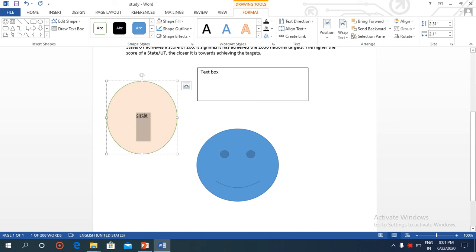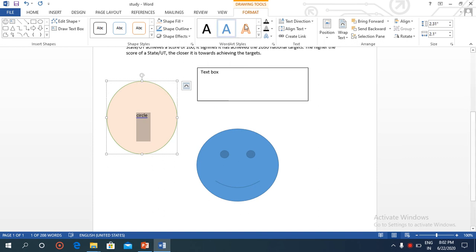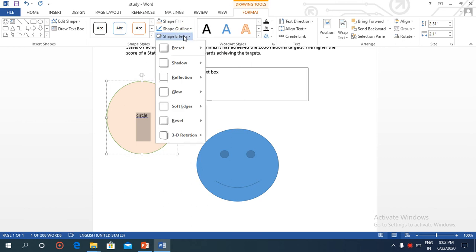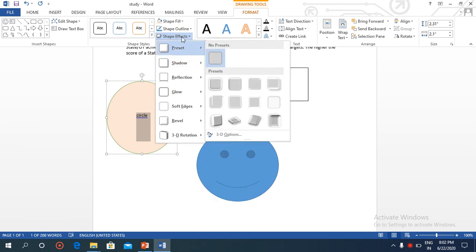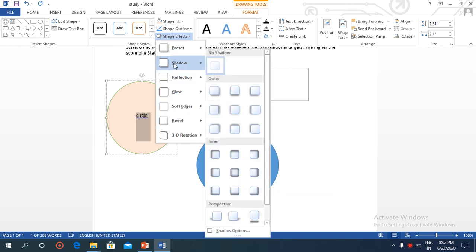Now applying shadow effect. Applying shadow effect in your shapes. So the steps are: step 1, double click on the shape that you have drawn. Again you have to click 2 times on the shape in this way. Then again format tab will appear. Then click the shadow effect from here. By selecting shape effect, you will get a pop-up menu in this way. And from here you have to select shadow in this way, to see the changes in the figure.